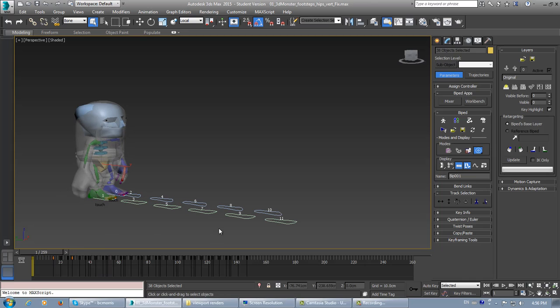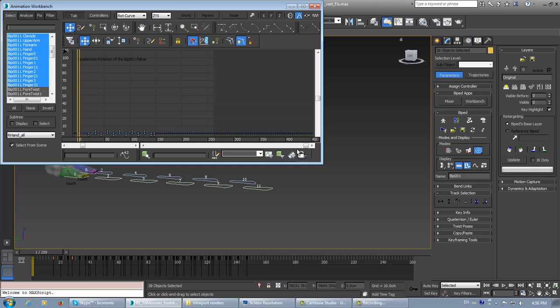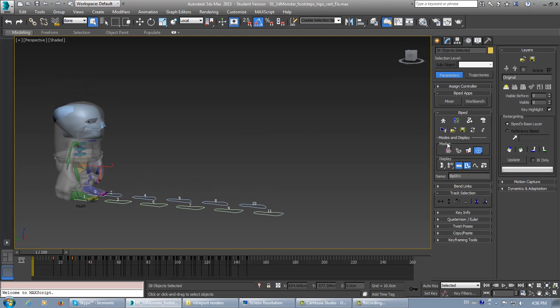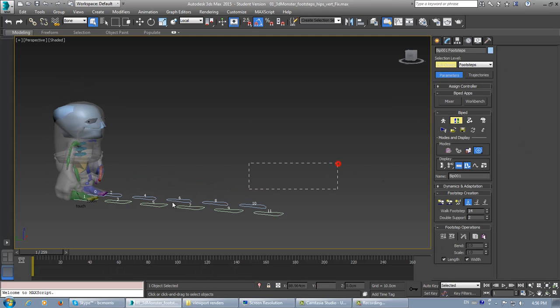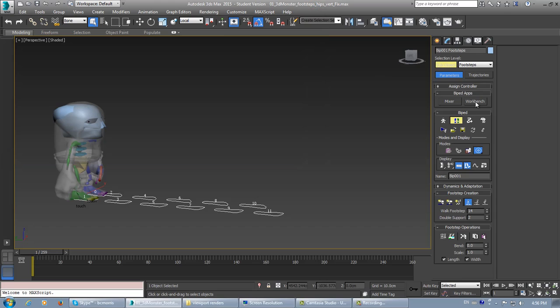Now let's make this longer. I think I can do this in Workbench. Well, first thing, I'm going to open up Footsteps. I'm going to grab all these footsteps and let's see if they show up here in the Workbench. No, that only works with biped body parts, so we can't do Workbench. Workbench is a special track view for biped body parts. So we're going to need to go to the regular